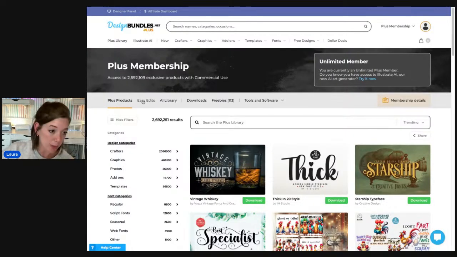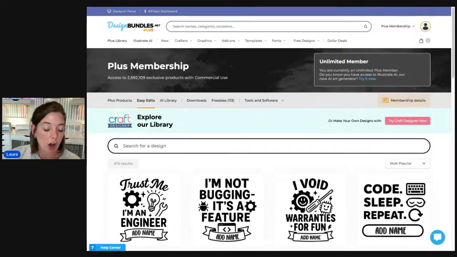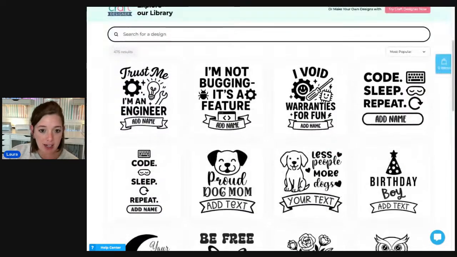So EasyEdits is 100% that, because one thing that we were hearing all the time is that making SVGs and customizing them is too techy and too hard and frustrating. So if you want to be techy and you want to go wild and make things from scratch, you totally can in Craft Designer. You can see right here, there's a little banner where it says try Craft Designer now. You can go knock yourself out. But EasyEdits is really meant to be like, I can make an SVG that is customized in just a couple clicks. So it's super simple, super easy, and super fun.